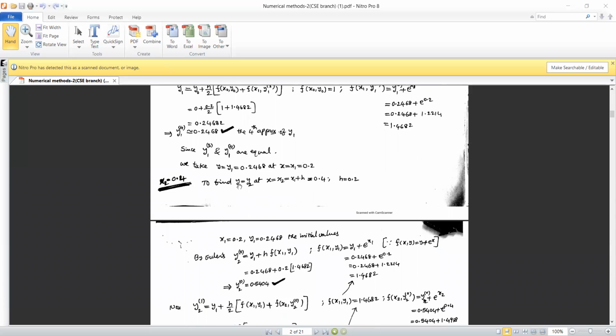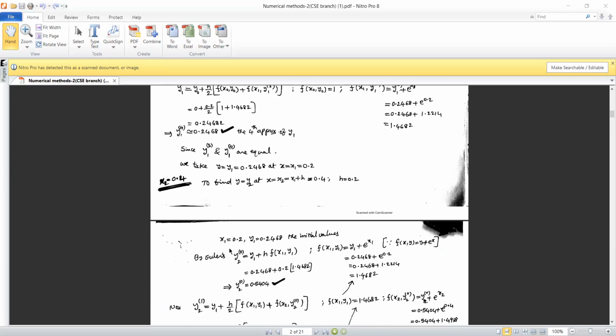Now to find the next one, we will consider x1. Here, the next value x1 will be 0.2, and y1 will be this value, 0.24268. Now the same formulas we will be using, moving on one more step. Starting with this x1, y1, again using the prediction formula first. Earlier we used x naught, y naught in all these formulas; now we will use x1, y1, the new values which we calculated in the previous step.